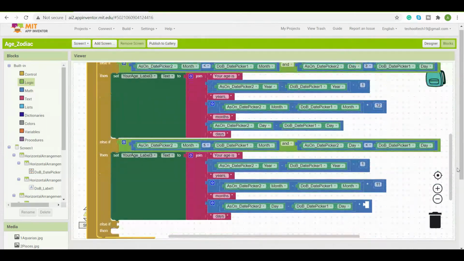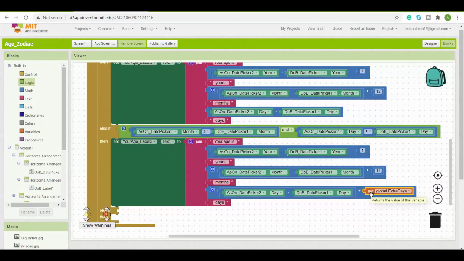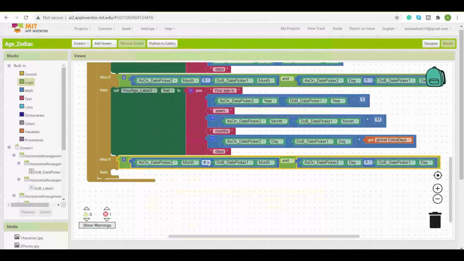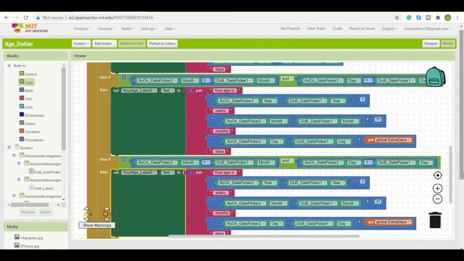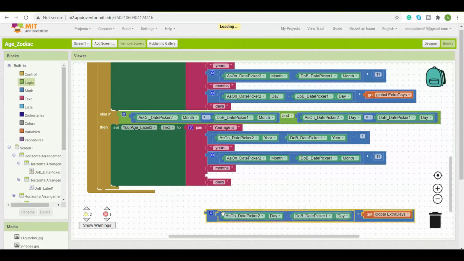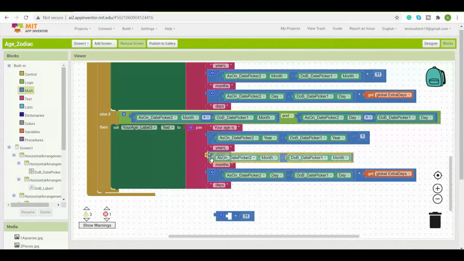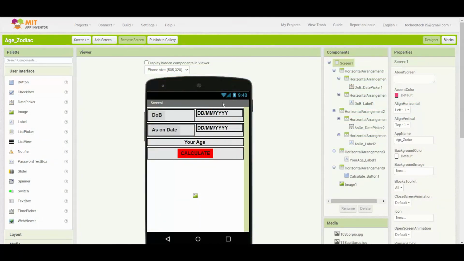So we have calculated extra days. We'll add this extra days variable here in the third case, which we were writing under the calculate button, and we'll finish the fourth case, the fourth condition, by writing the instruction over here. So like this we'll calculate the age also. We have written all the instructions for calculating our age.